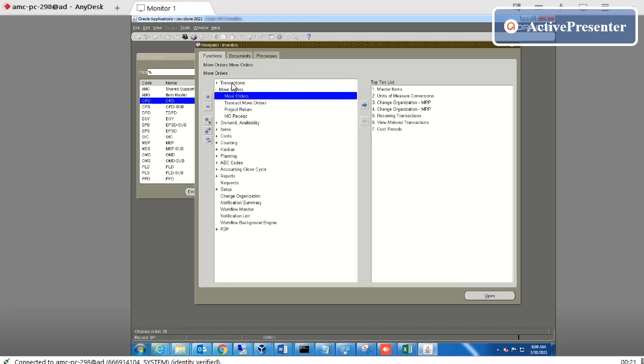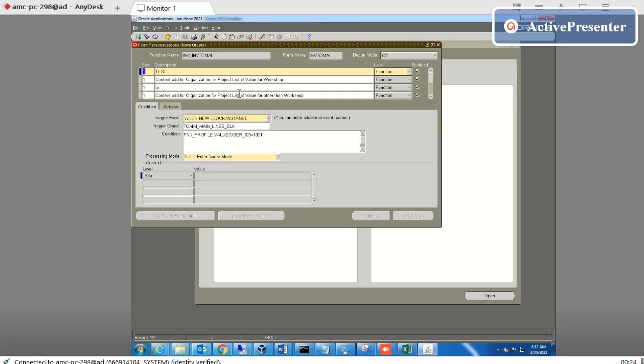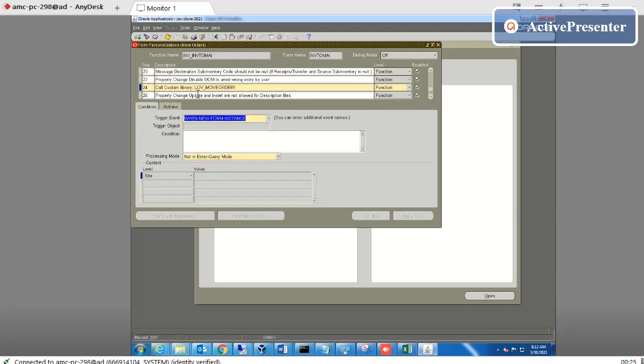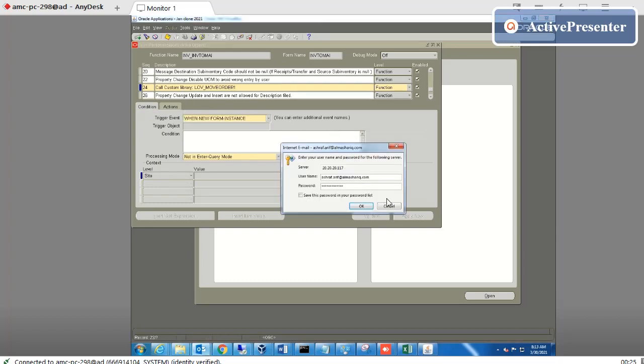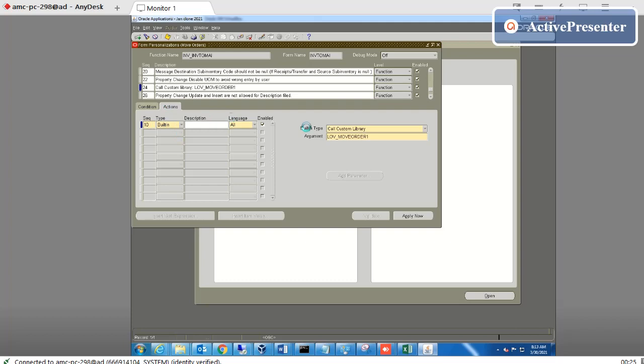CPD. Okay. We are talking about custom.pll. If I go here, let me show you. Okay, this is the enter new form instance event. I call the library here. The action only I call here, and in this event I write code